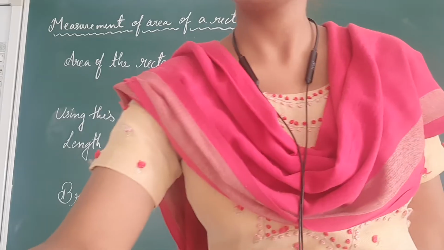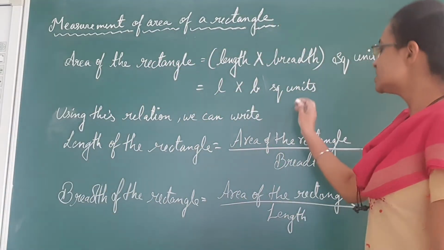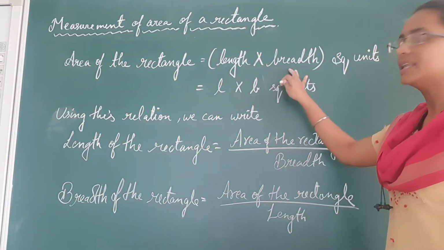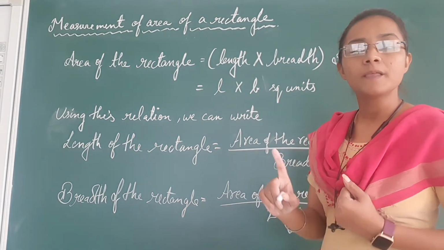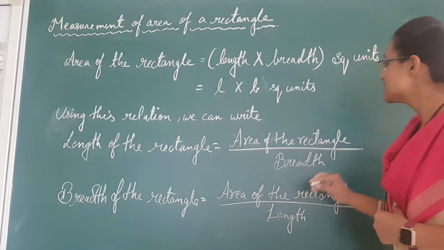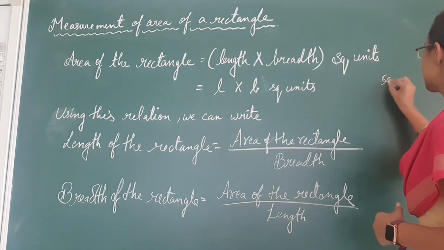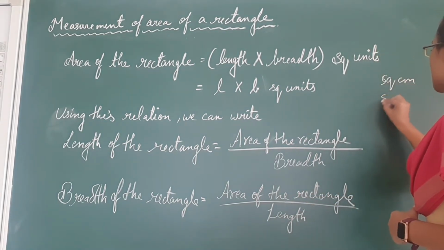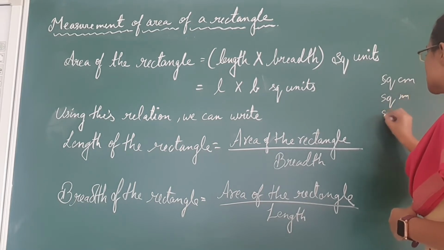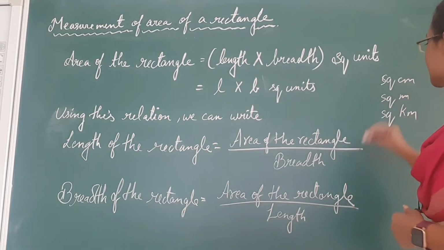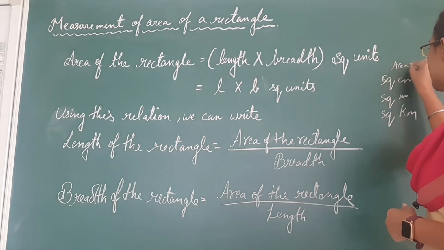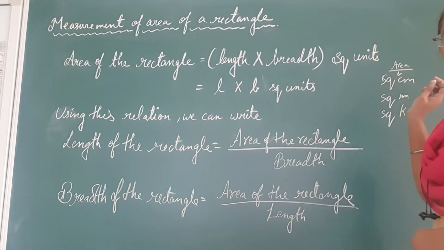Okay. And one thing more, the units which I had written: if the length or breadth are given in centimeter, meter or kilometer, then the area will be written as square centimeter, square meter or square kilometer. Okay, when you take out the area, it will come this way. Okay students,